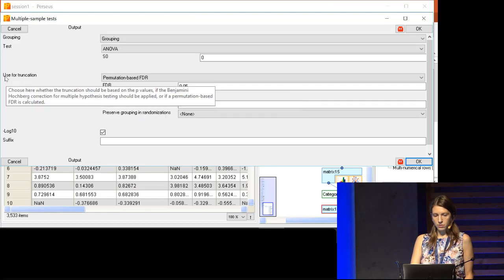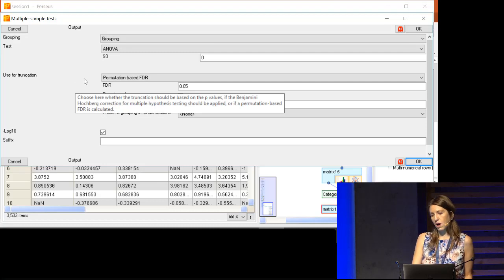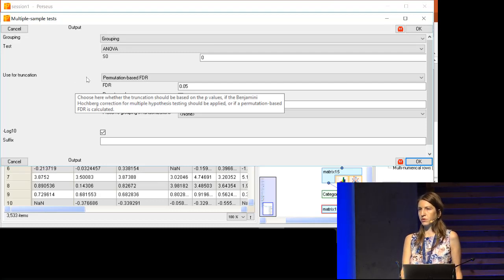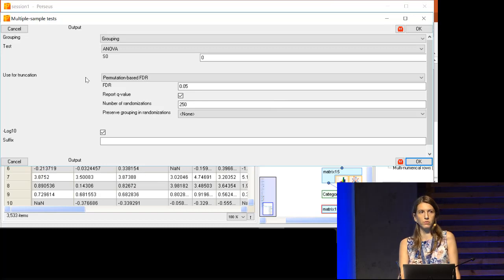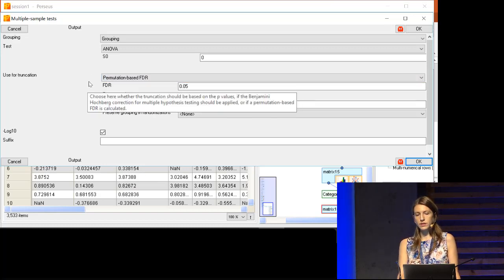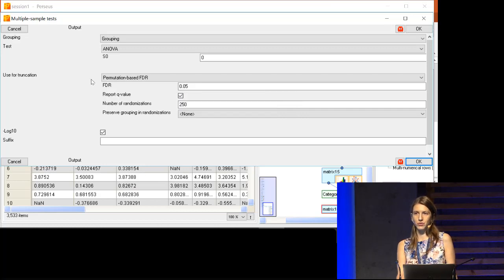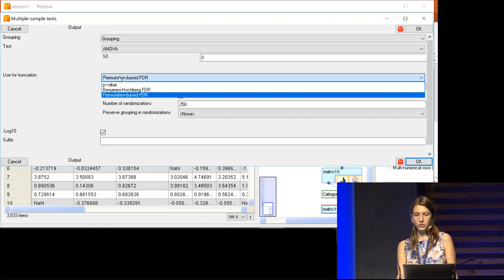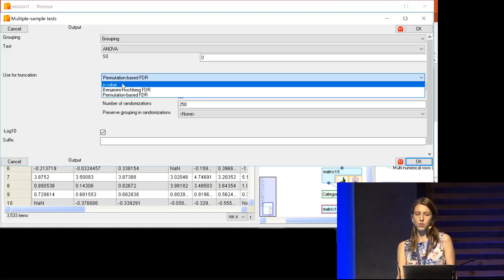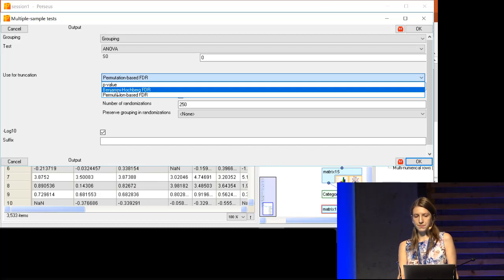So another really important parameter is how our significant hits will be defined. You remember the problem with the multiple hypothesis testing that we run into. So we need to indicate how we're going to control for this problem. And you also remember that what is recommended by the software is this permutation-based FDR. So in this case, you could choose not to apply any false discovery rate corrections, just use the p-values. You can use the Benjamini-Hochberg FDR, but you remember that